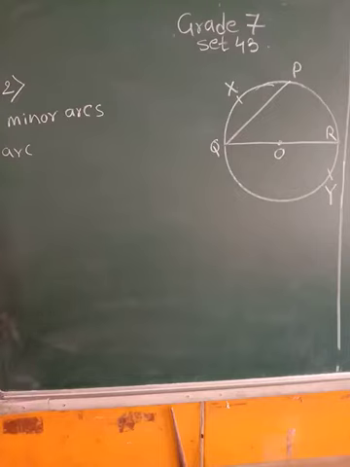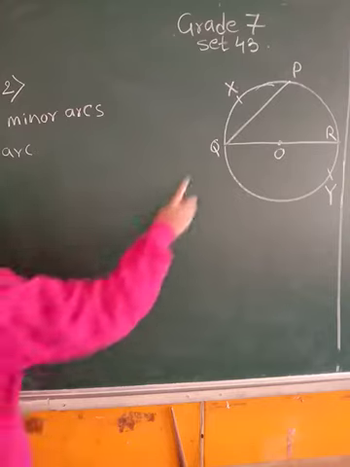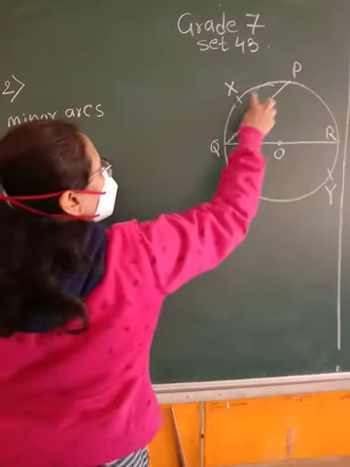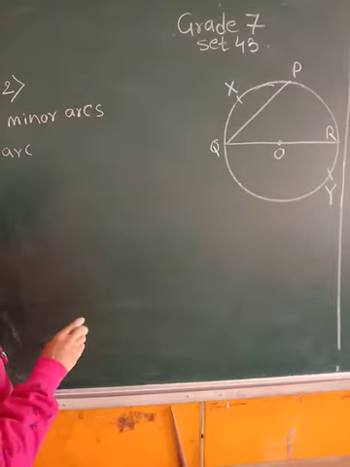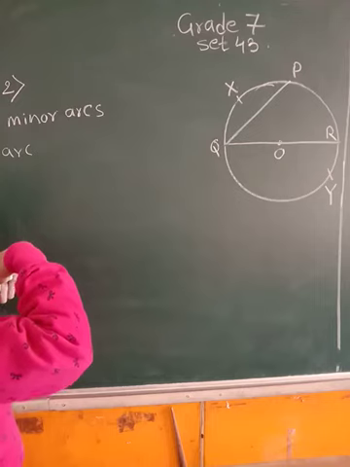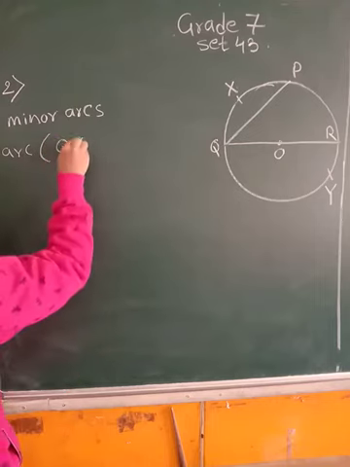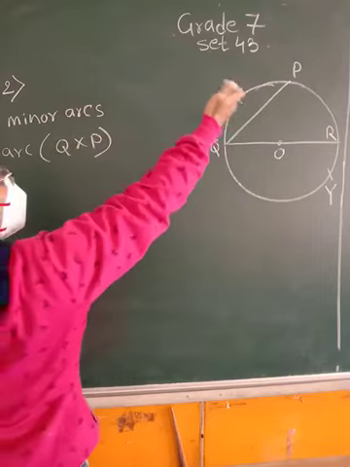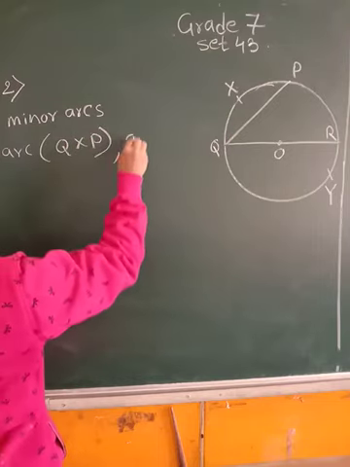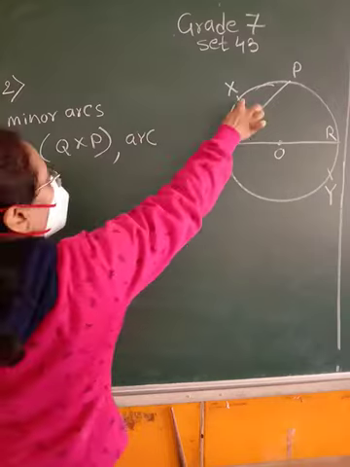Minor arcs we are writing first. I have told you that day also, students, please remember one thing. Arcs can be labelled by either a 3-letter name or, if it is very small, a 2-letter name. So let us see first, this is QXP. This is a minor arc which is less than 180, less than a semicircular arc. So we can call it a minor arc. So first is arc QXP. You can say PXQ also. Then, if 2-letter, we consider from here to here.